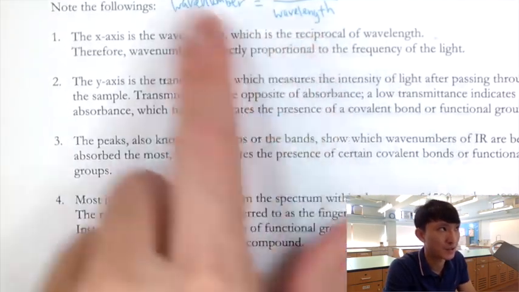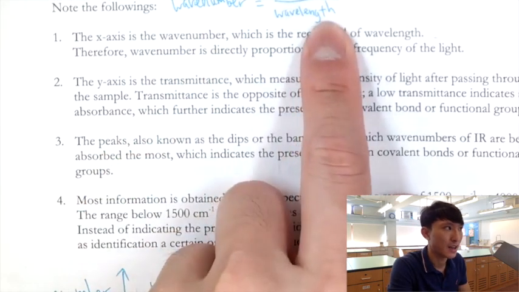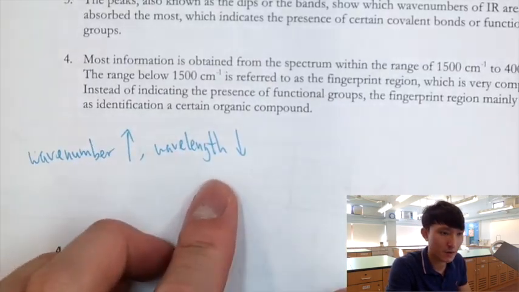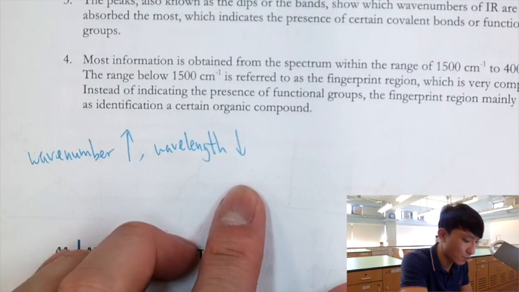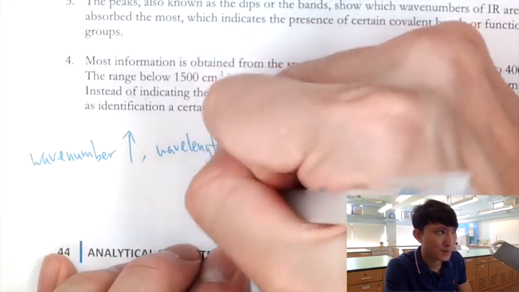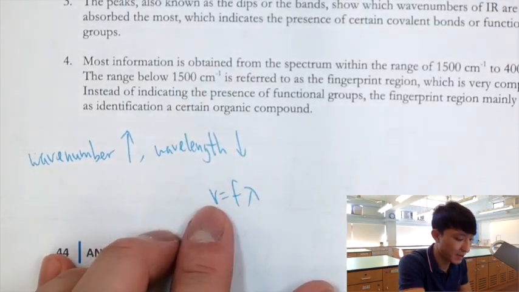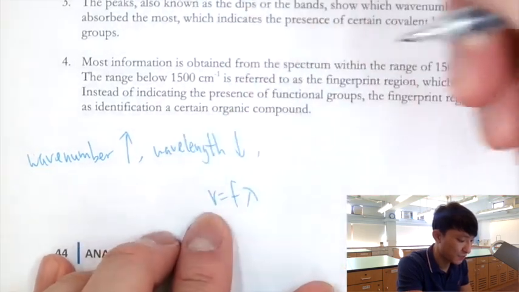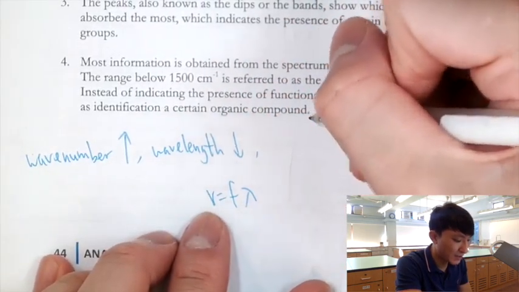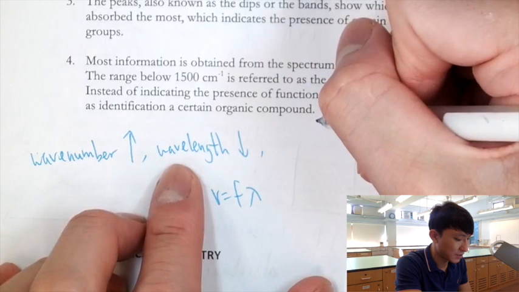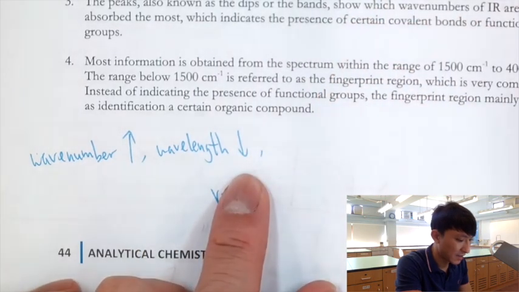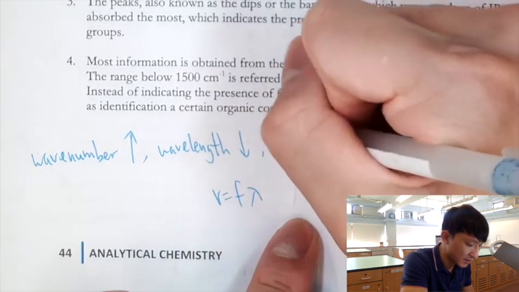Because of the inverse proportional relationship. The larger this number, the smaller this number. And if you learn in perhaps Form 3 physics, you learn about v equals f lambda, right? So you can tell if the wavelength is shorter, the frequency